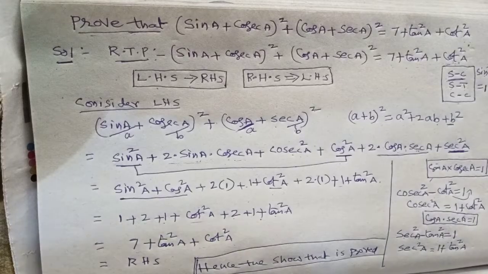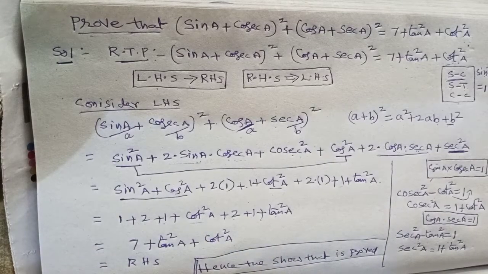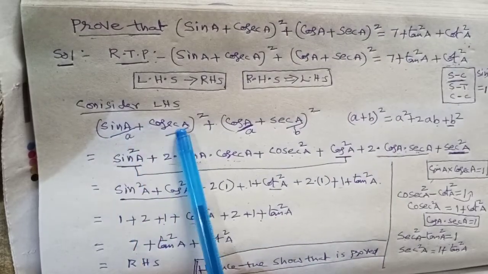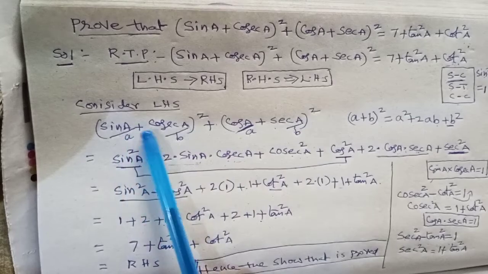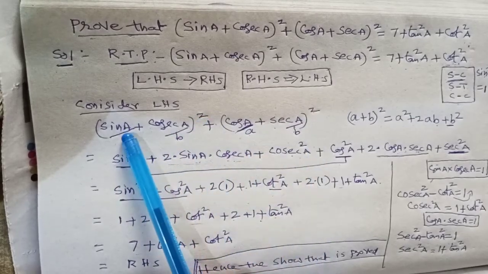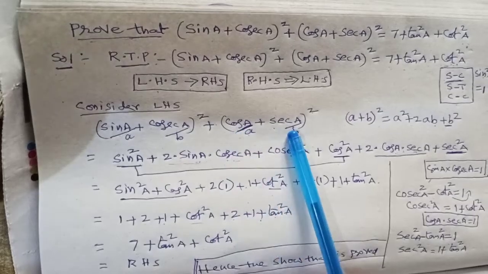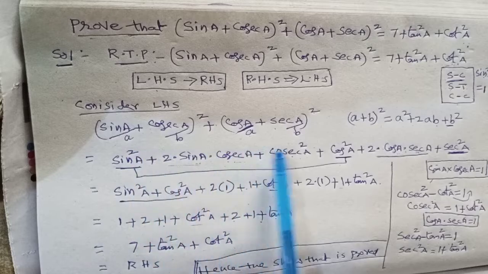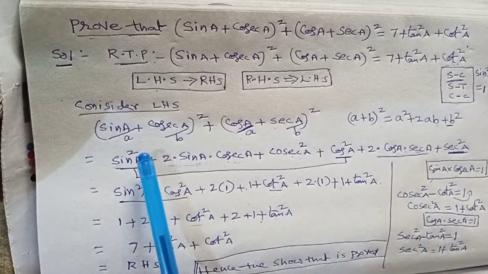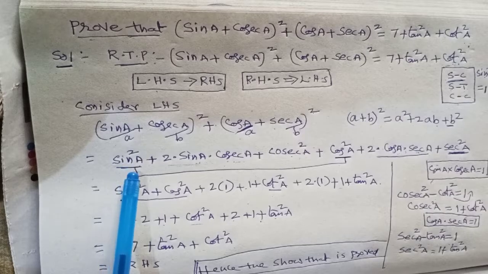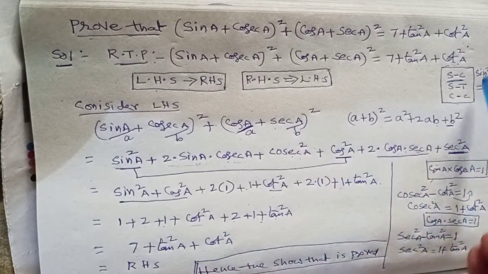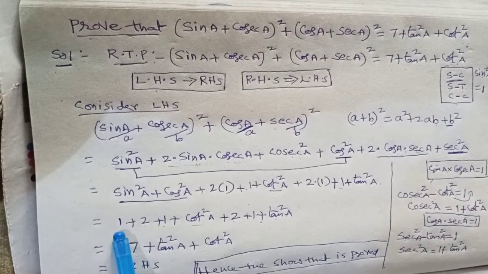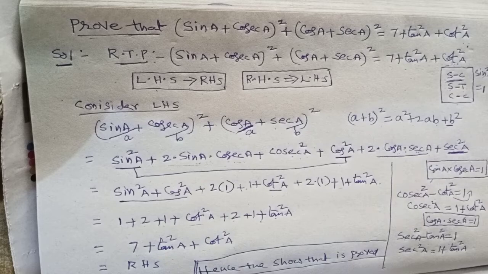So I will recapitulate the proof once again. First of all, you have to take the LHS. Here in the LHS, you have two terms. This is one term and this is the second term. Each term is in the form of a plus b whole square. You have to apply a plus b whole square here, and here also. Then you will get this step. In this step you have squares of ratios. Wherever you find the square of a ratio, in those places we apply identities by using the shortcut SC, ST, CC. Then we add all the constants and we get the answer.